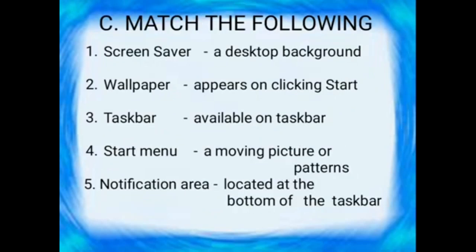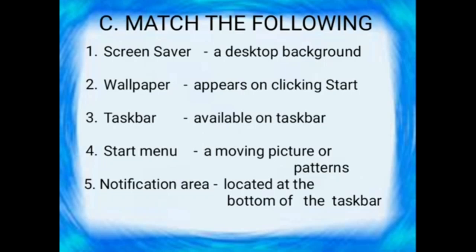Yes. Now the next one is match the following. On the left hand side, first one screensaver, second one wallpaper, third one taskbar, fourth one start menu, fifth one notification area. They gave the options on the right hand side: a desktop background, appears on clicking start, available on the taskbar, a moving picture or patterns, located at the bottom of the screen.